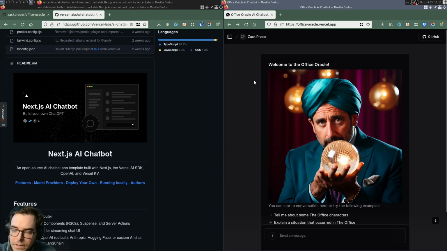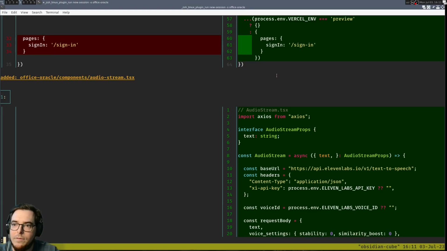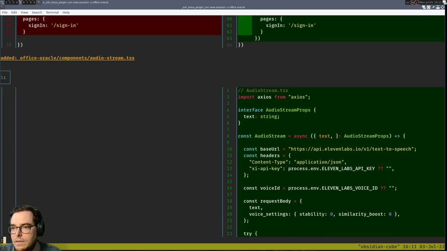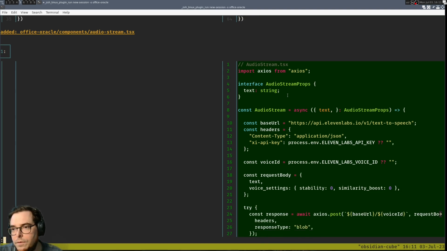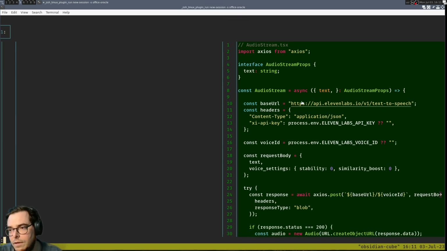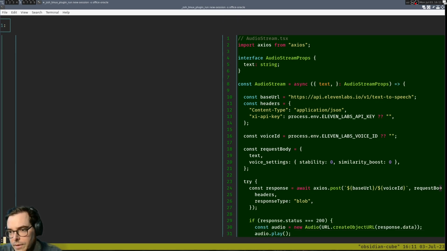send in some text here, and I show that because I've integrated ElevenLabs, which is right here. They have this voice cloning functionality. So if you provide source video or audio, anywhere from 1 to 5 minutes or less in some cases, you can get a pretty accurate voice clone. And so this is just a custom file that I wrote to essentially fetch the audio stream itself by sending